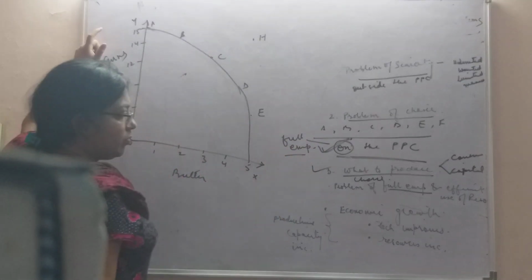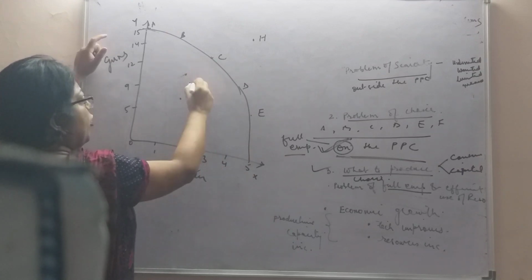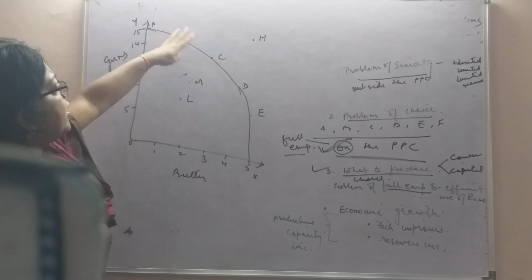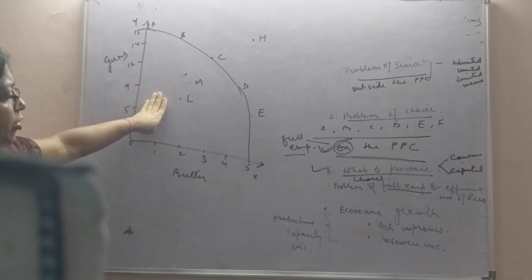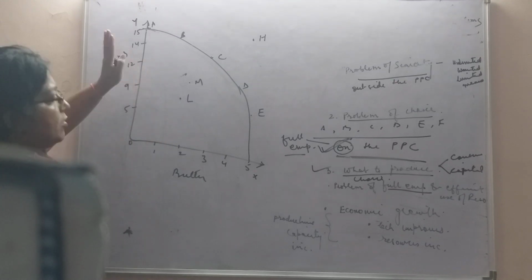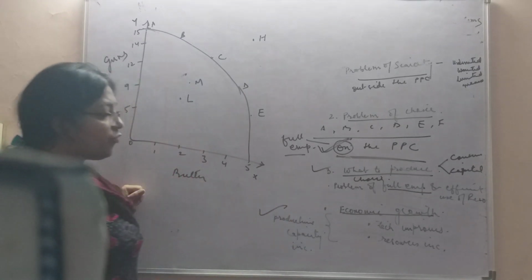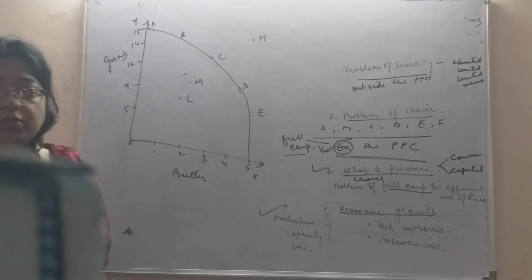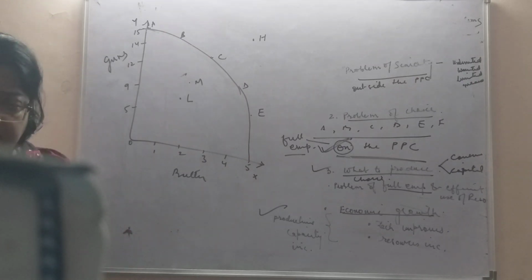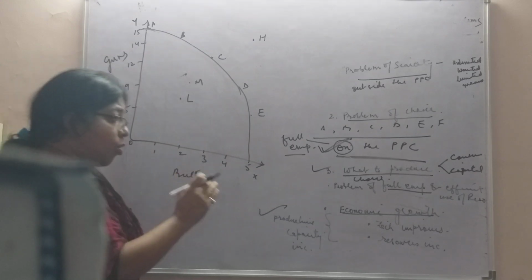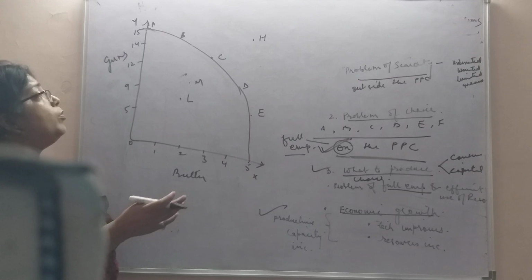Resources are fully used. Now what is underemployment? Here, L, any point you mark, M, all these points, any point inside the PPC indicates unemployment of resources. And lastly, growth. Now what is economic growth? I told you it is an increase in the productive capacity, what a country can produce. When the country's per capita income increases, the availability of goods and services increases. That means commodities that a country could not produce earlier will now be able to be produced.